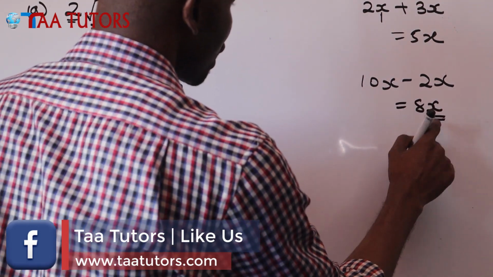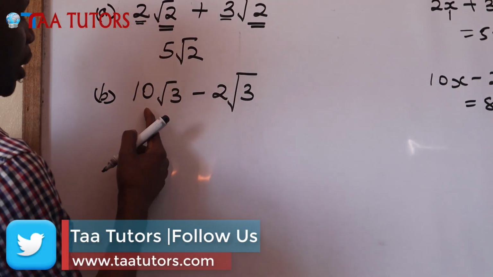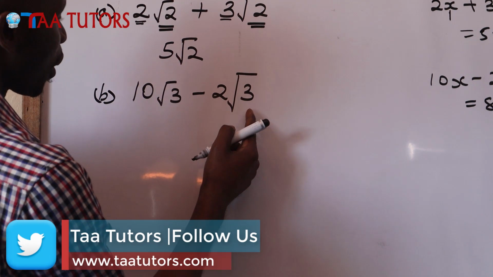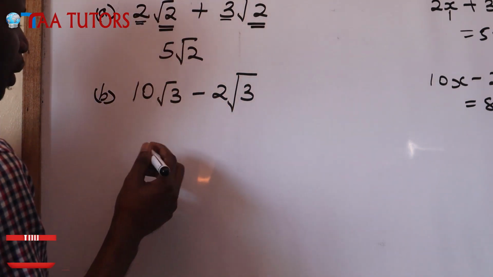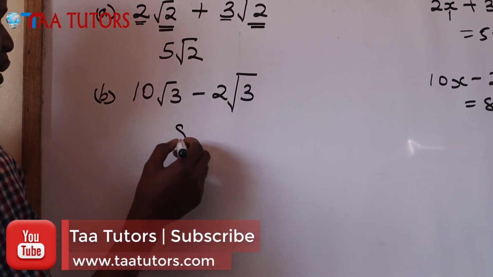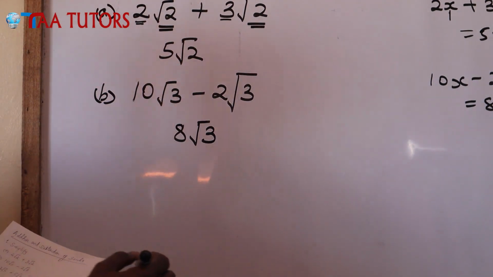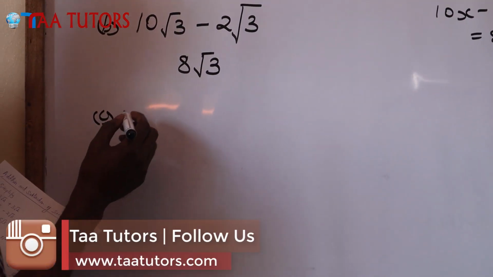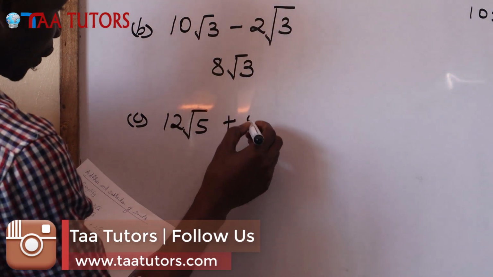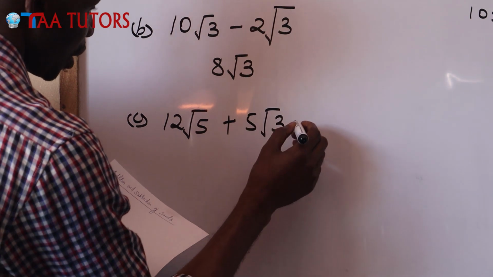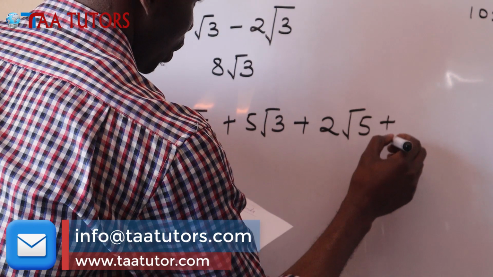But in this case, x represents something like SAD 3. So if you have 10 SAD 3 minus 2 SAD 3, this will just be 10 minus 2, the result is 8, multiplied by SAD 3, which is 8 SAD 3. This is quite easy. C, if you have 12 SAD 5 plus 5 SAD 3 plus 2 SAD 5 plus